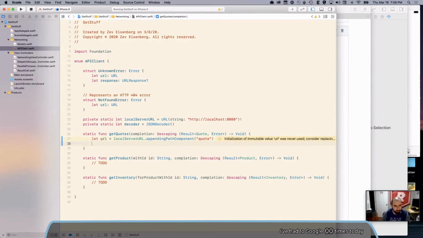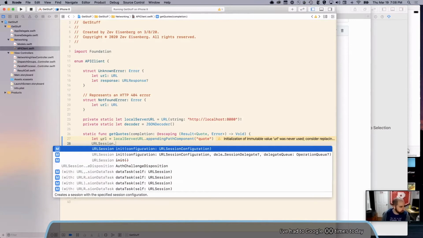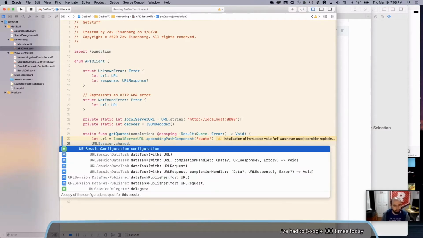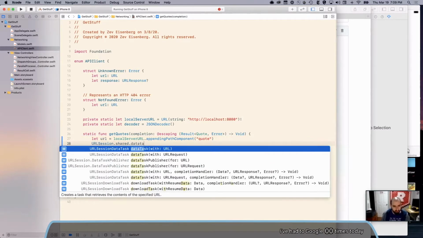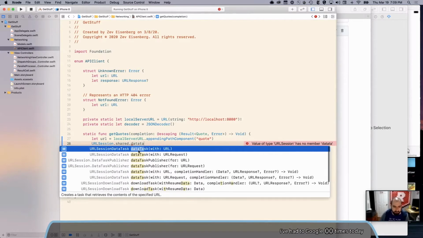And then I'm going to make a request. So URLSession, just get the shared default session. You could use your own session if you were doing something more complicated. And there's a whole bunch of different things it can do. I'm going to ask it for a data task.